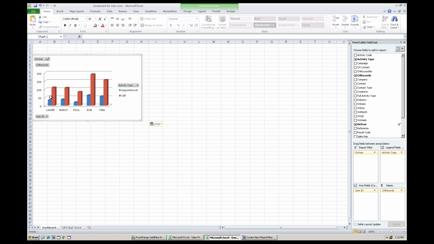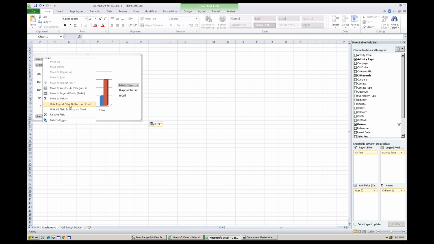Now on the dashboard, you probably noticed before that we made these other buttons go away, the on year, the CH records, which is telling us what's being counted in here. The dashboard user probably doesn't care about that stuff too much, as long as they know that the settings are right, up above. So I'm going to right-click on those items, and I'm given a choice down here to simply hide